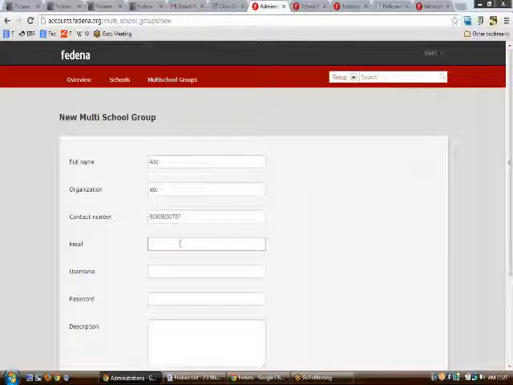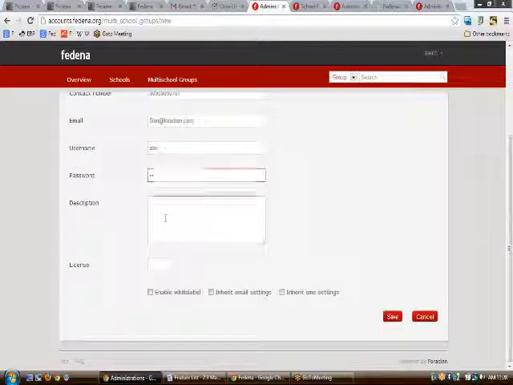The email ID can be done. The description that I can put up here is something. This is not even mandatory. You can opt to have it or not have it.